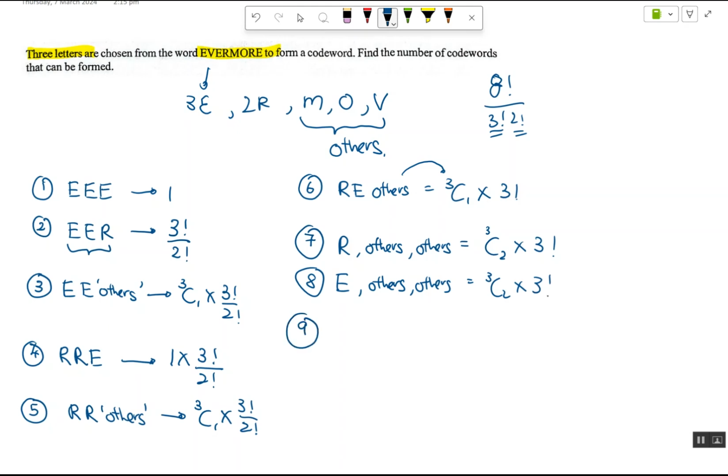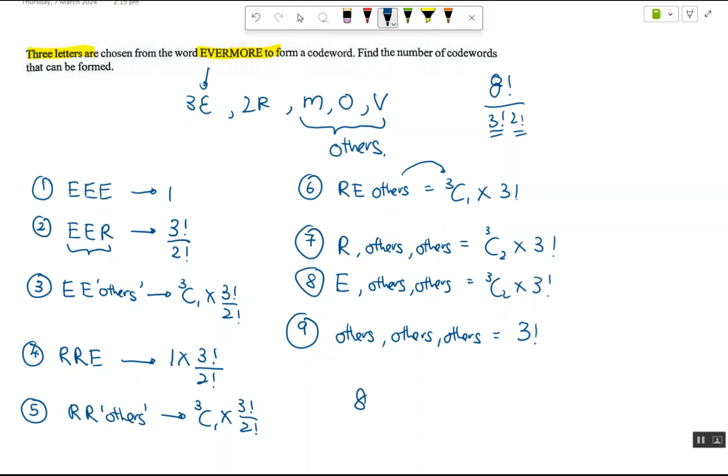As well as the last case, that could be all others. These 3 distinct letters M, O, V to permute among them, I will call that 3 factorial. These are all the cases, and you have to add them up, because they cannot all happen at the same time. They are all different scenarios. So 1 plus 3 plus 3 times 3 plus 3 plus 3 times 3 plus 3 times 6 plus 3 choose 2 times 6 times 2 plus another 3 factorial, and you are going to get your total number of ways,